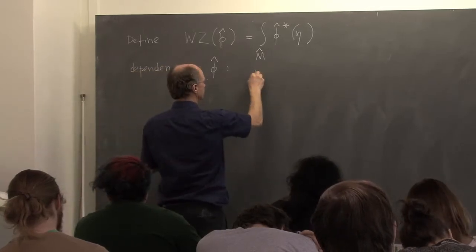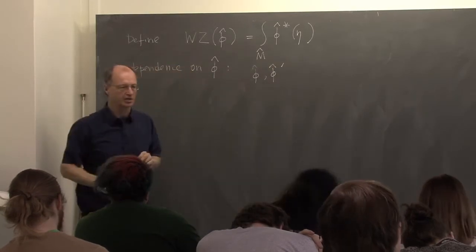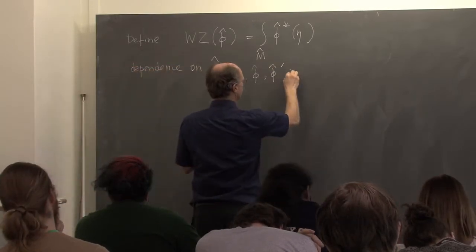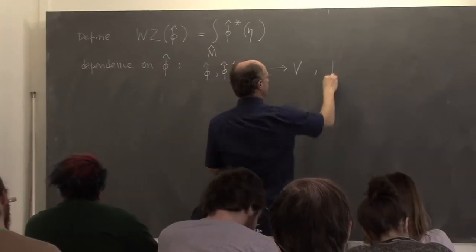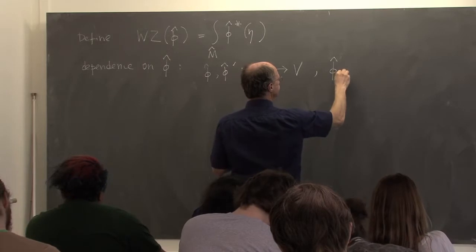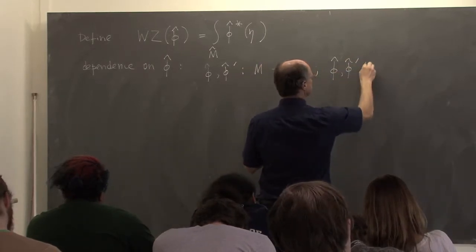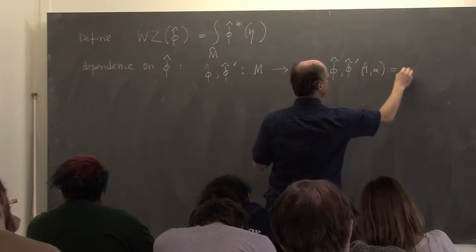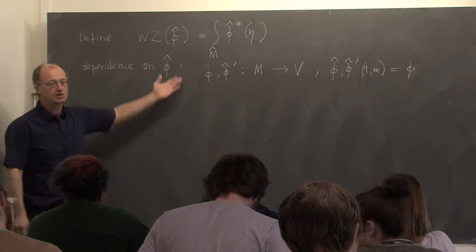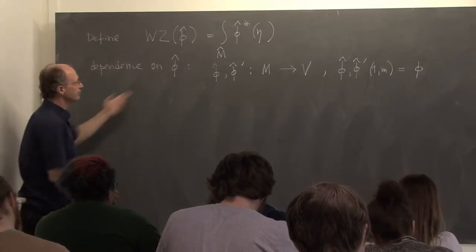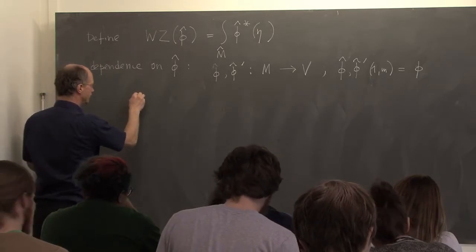Suppose we have two maps, phi hat and phi hat prime, which both map M to V and which both restrict to phi. So then in principle what we can do, we can glue these two maps into a map from,